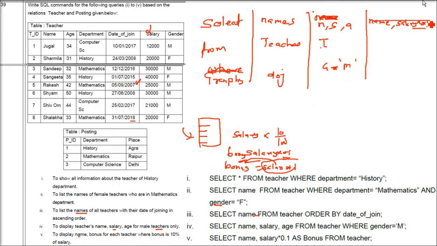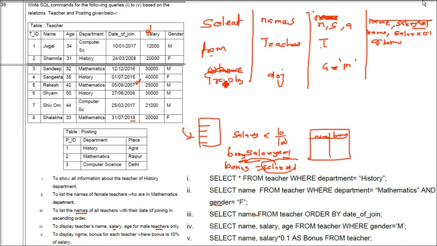That is, the first column name should be name, the second column name should be bonus. Because bonus cannot be found without salary into 0.1, we are writing salary into 0.1 as bonus. So when the table comes, here name will come and here bonus will come, not salary into 0.1.